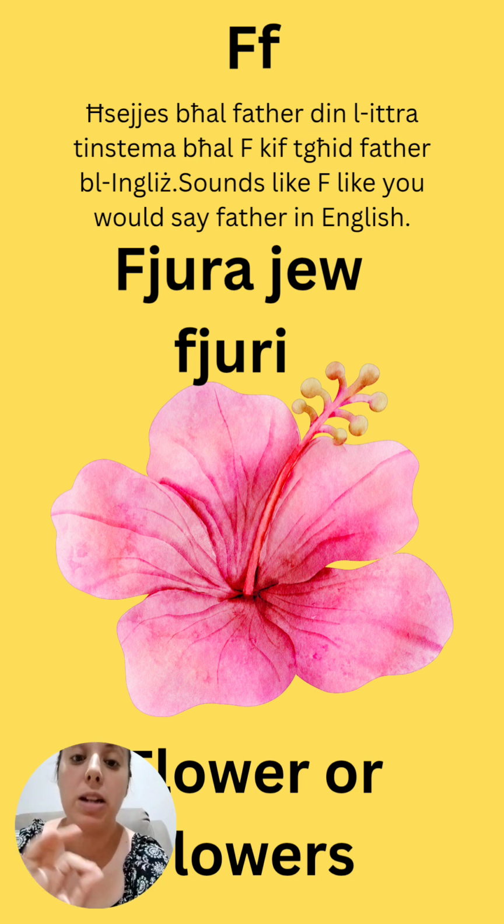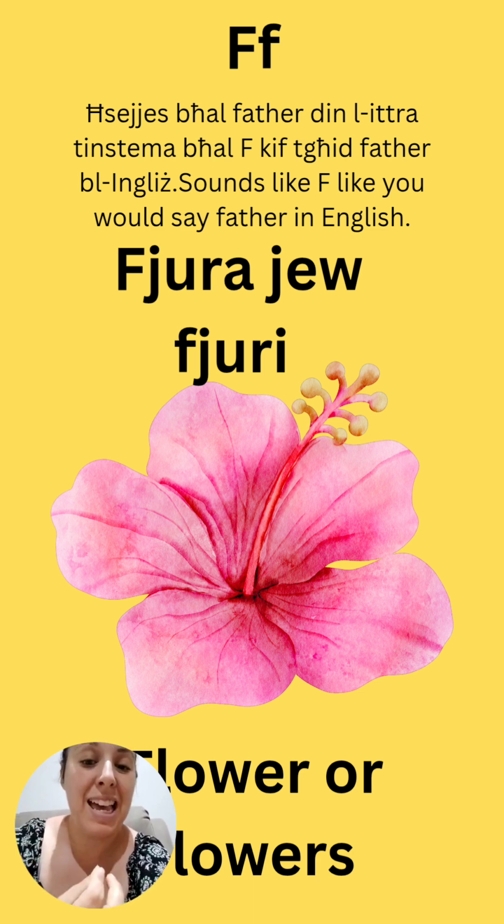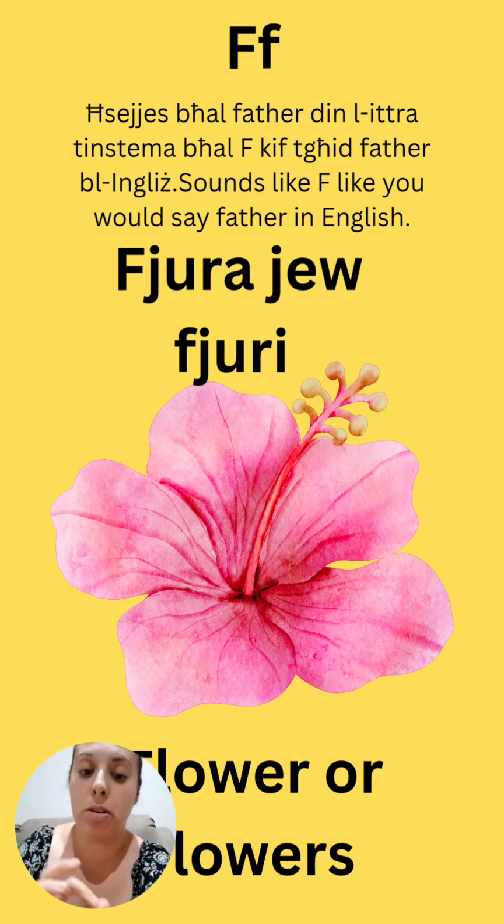Okay. Fjura, flower, or flowers. Now in Maltese, if you want to say there's more than one flower, for example, you're not going to say fjuras. You know how when we add that s for books, flower, flowers. No, in Maltese they do their plurals a bit differently. So for this word, the plural, so more than one flower, is fjuri. Okay, fjura is one flower, fjuri is more than one. Okay,